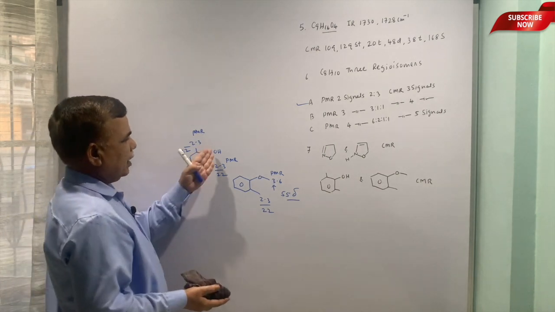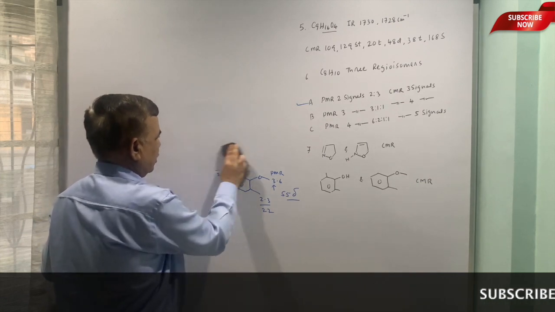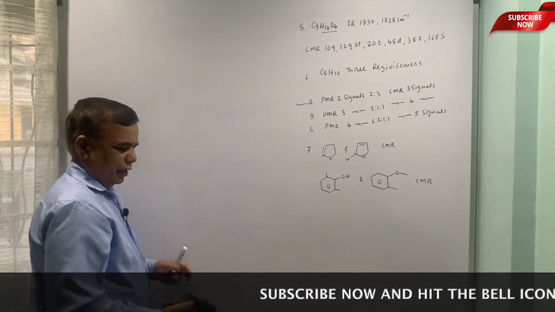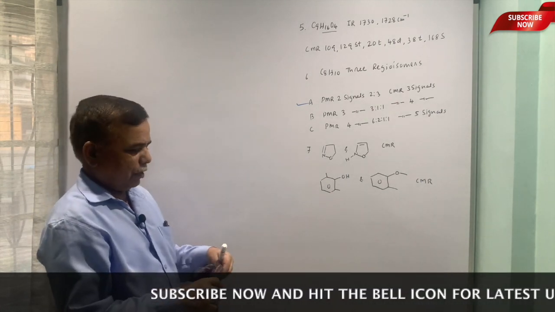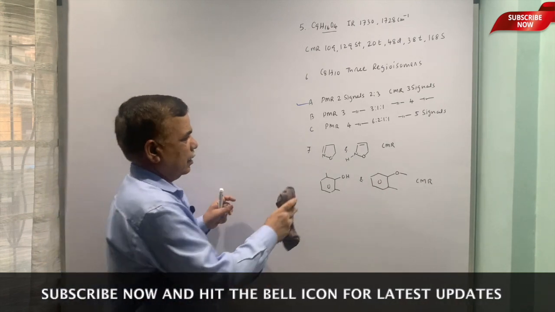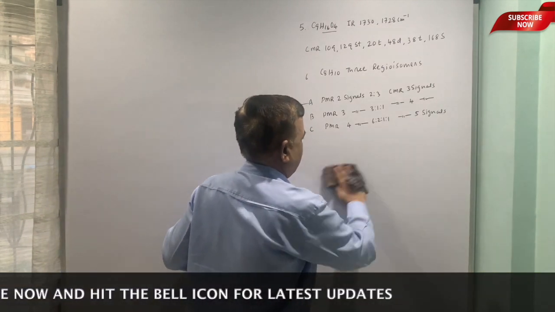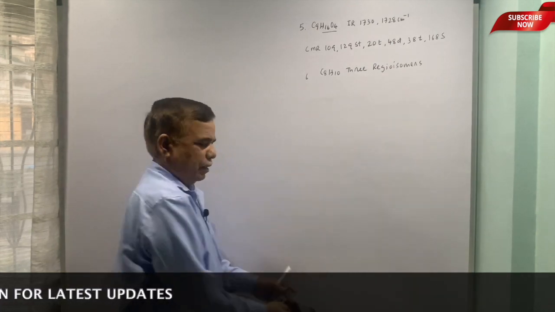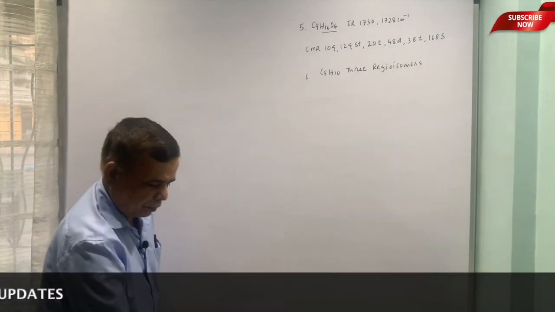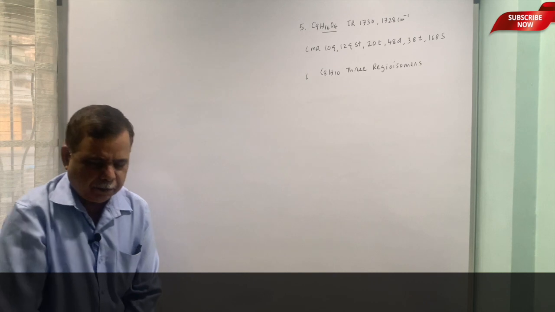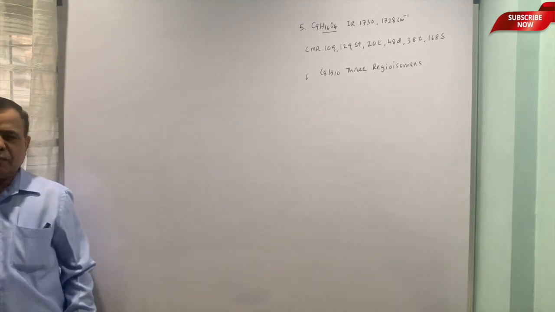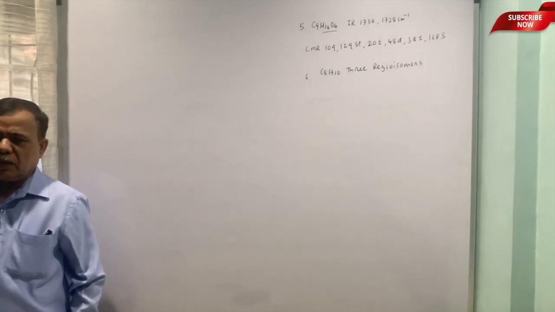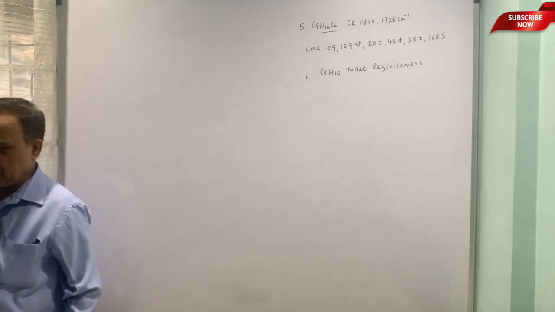In PMR you can have the phenolic OH as a distinction, and ether will not give that kind of peak. Ether will be in fact around 1200, that is phenolic ether, and that is how you can differentiate these kind of compounds on the basis of their CMR values also. Next time we will start with the mass spectrometry, that is the last chapter which is left from the syllabus, and once again after that we have to solve some problems based on the combined spectra.